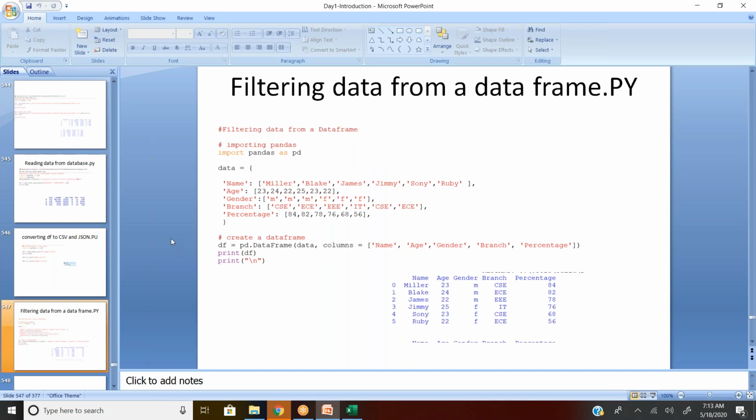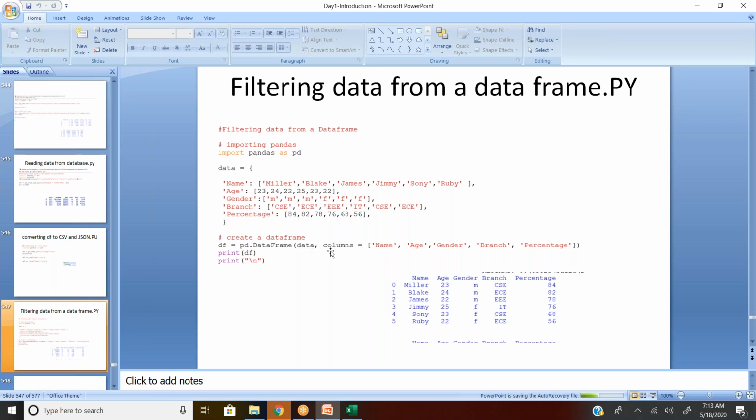Now I want to filter the data by using pandas. We did all the exercises without pandas. Now we are doing it with pandas. So I have some data, which is a key and value based dictionary, and I'm converting the dictionary into a data frame.